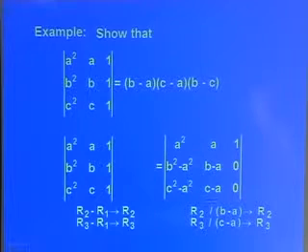Now on this I apply further elementary operations. One can very easily see that b minus a can be taken outside from this row, and c minus a can be taken outside from this row. So I say R2 divided by b minus a is R2, and R3 divided by c minus a is R3. If I apply these operations on this matrix, then what I get is